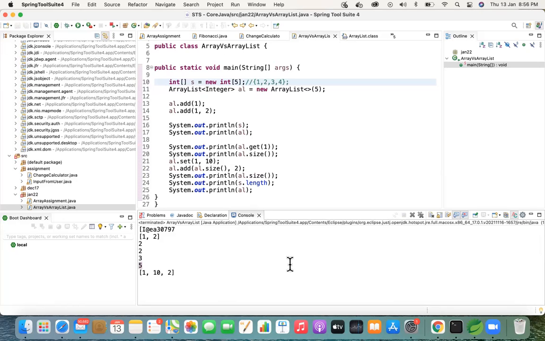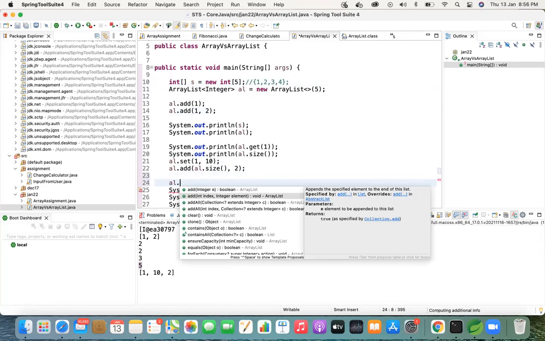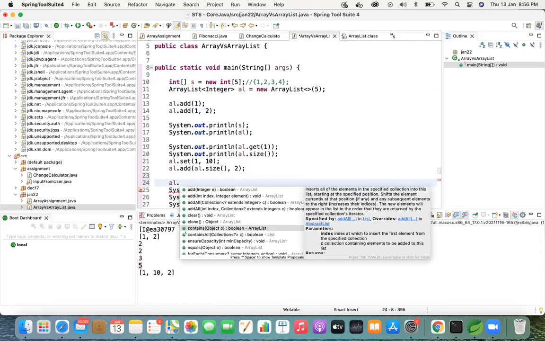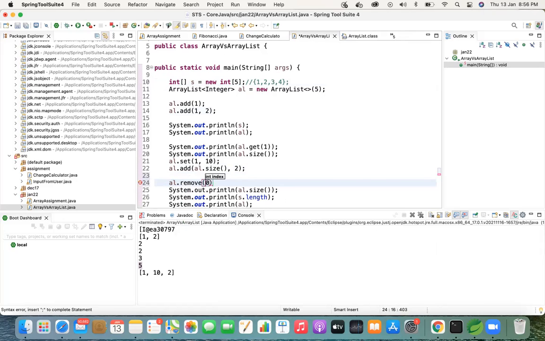Okay. So now you know how to create, how to retrieve, and how to update. So can we delete any data? There's also one more method given by the array list itself. If you see there, al dot remove, there's a method called remove. You can remove based on index. If you want to remove any specific index, you can just give remove and the specific index value.